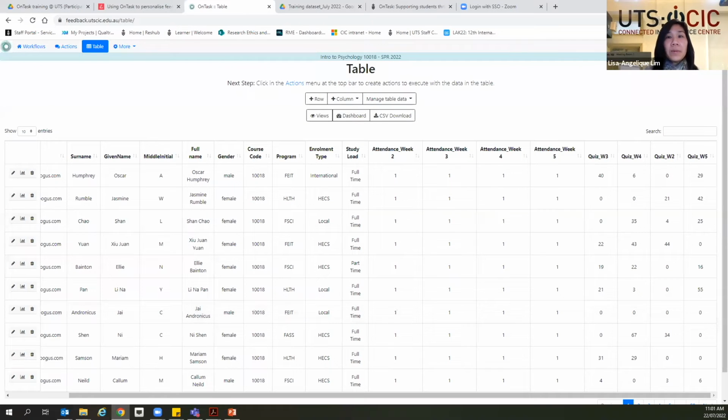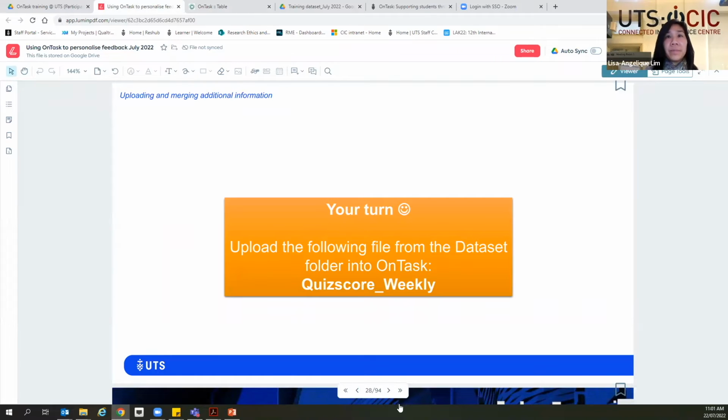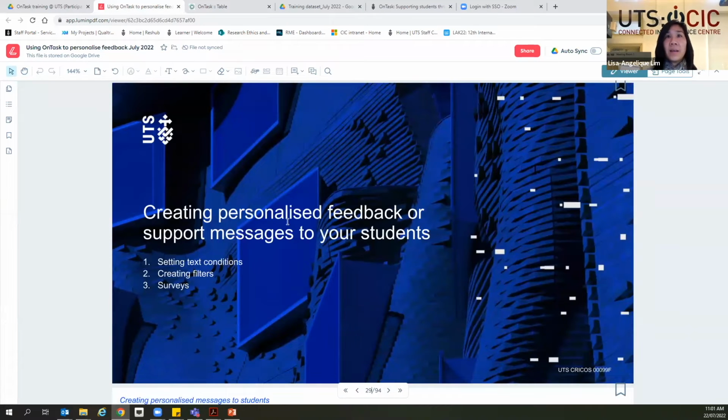Okay, so what we're going to do next is to work on the actions. How do we actually create personalized feedback messages to our students? So I'm going to go through 3 scenarios for personalizing the feedback and support messages. The first is creating the text conditions to send emails to all students in a personalized way. The next is to create filters to send messages to subgroups of students. And the third is to send messages and feedback to students based on